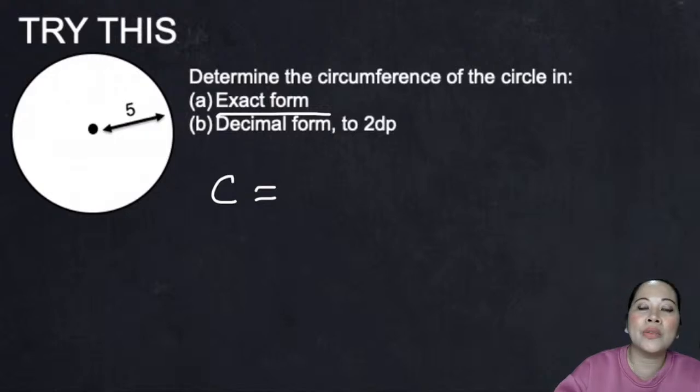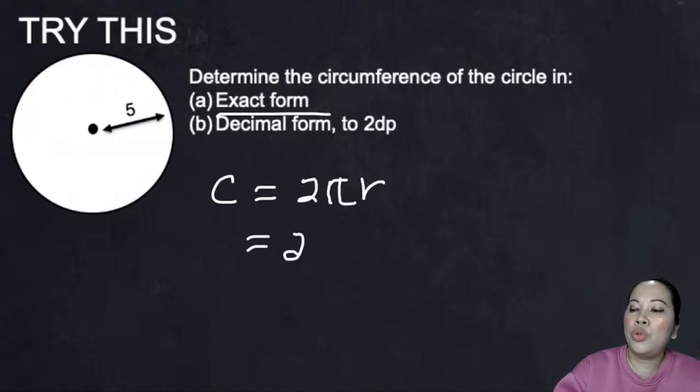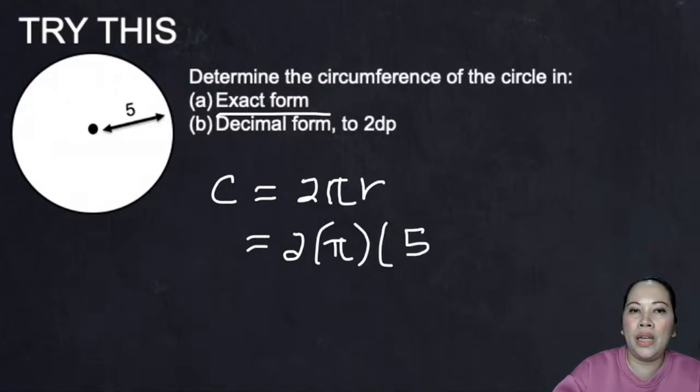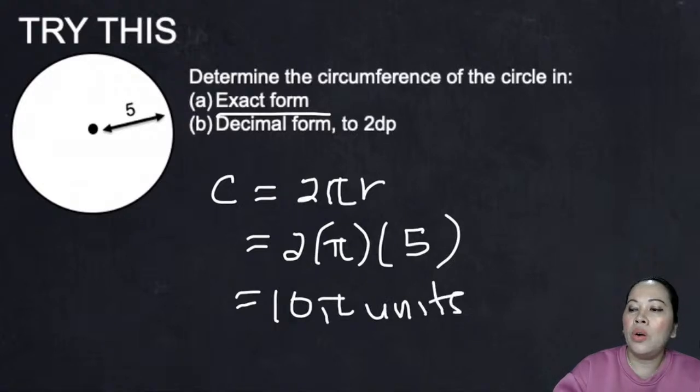Since it's radius, then you will have 2 pi r. That will be 2 times pi times 5. Okay, so your exact value will be 10 pi units, or you will have 10 times 3.142,